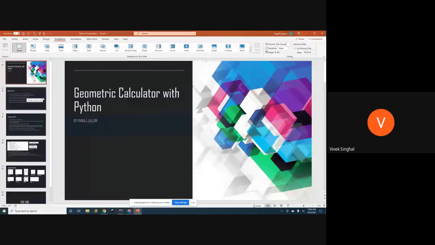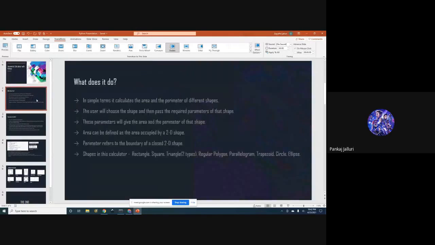Yes, it's visible, Pankaj, all good. So basically, I created this geometry calculator with Python. In simple terms, it calculates the area and the perimeter of different shapes. The user will be given the choice of choosing the shape, and then will be required to pass the parameters of the shape, and those parameters will give the area and the perimeter of that shape.